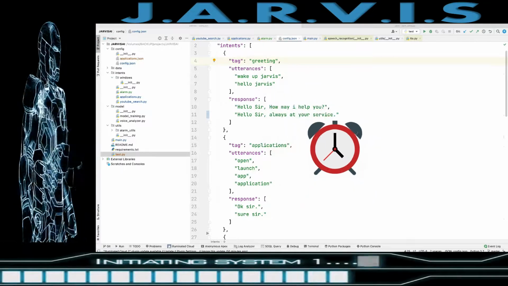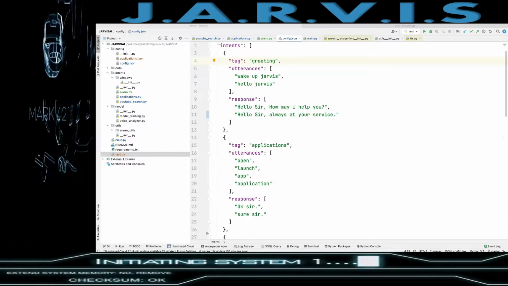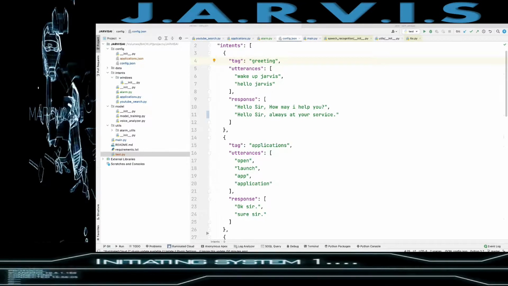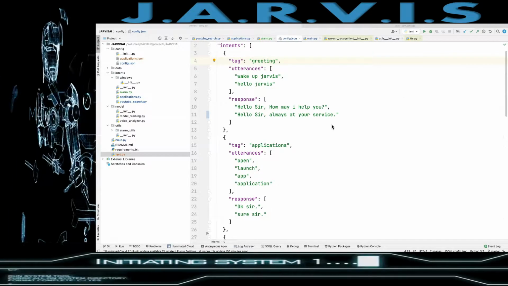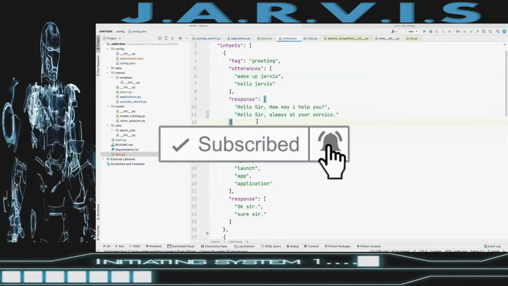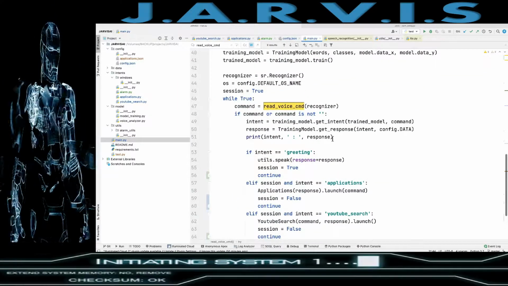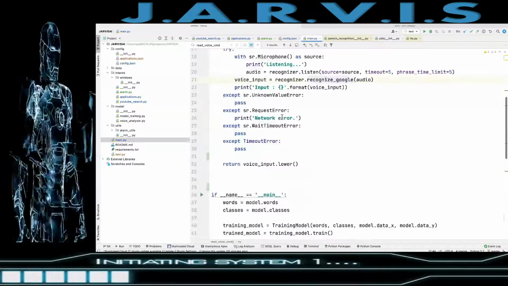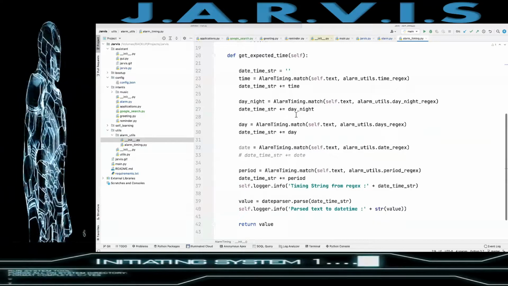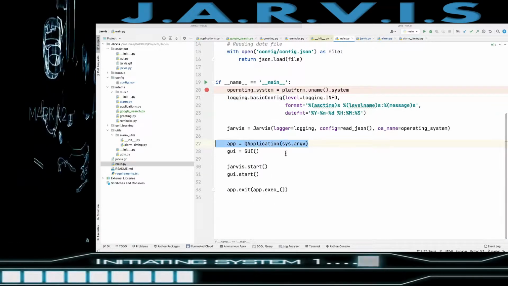This video is not going to be so long as the previous videos because we have already created this functionality in an older version of Jarvis. So if you haven't watched that series, the link is in the description. If I show you that version, this is the older version where we have created some kind of GUI also, right? In the main, here you can see we have created some GUI.